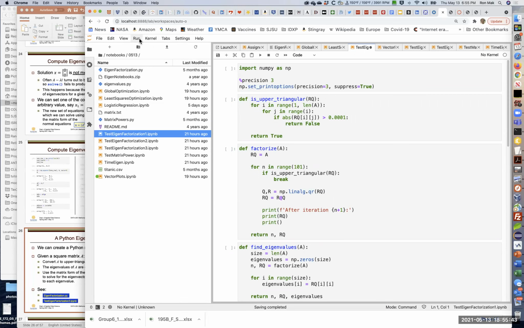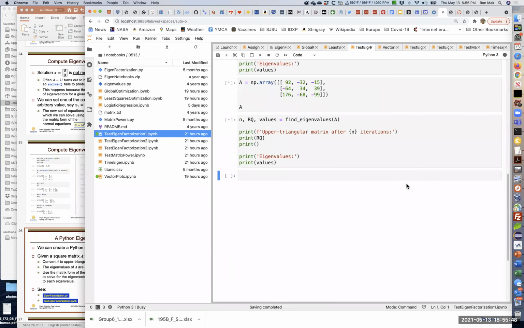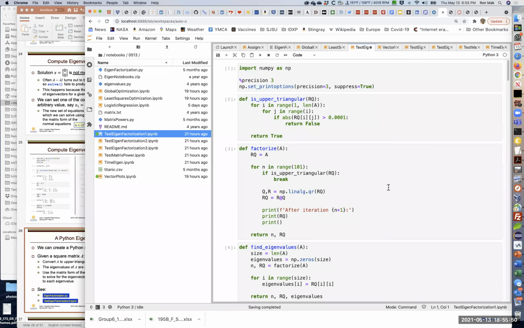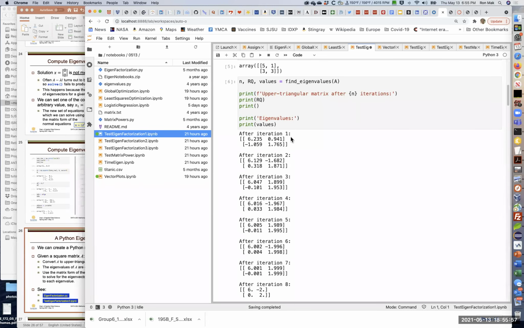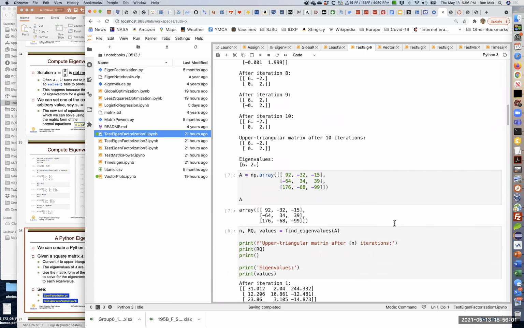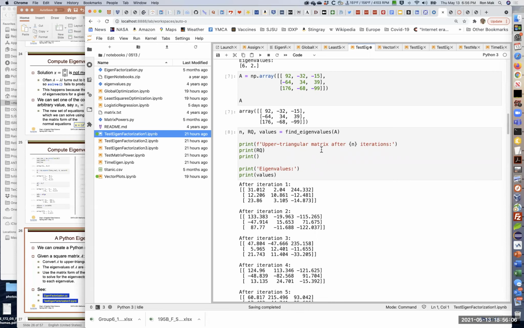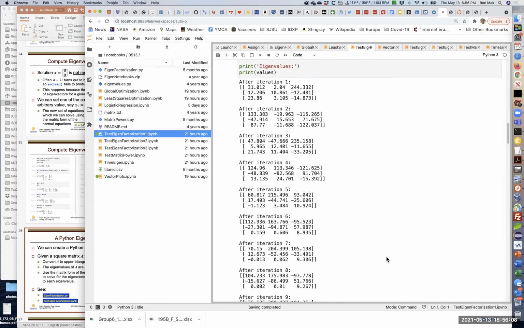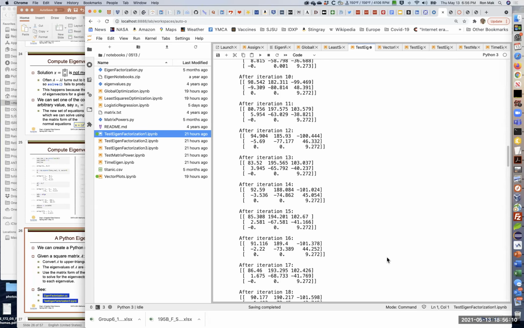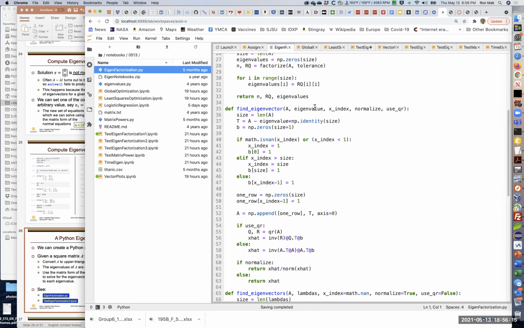All right, we have to start the kernel. Start kernel and run all cells. Okay, there we go. So basically this is the test program, and you can see that I'm going through those iterations as you saw on the slides, and I do several different matrices. This is basically a test program for the functions that I wrote in